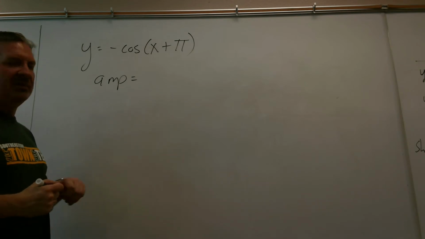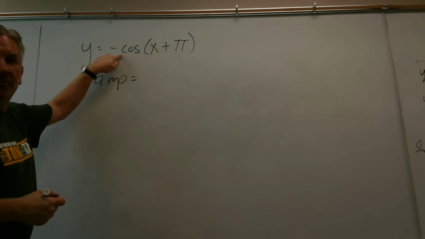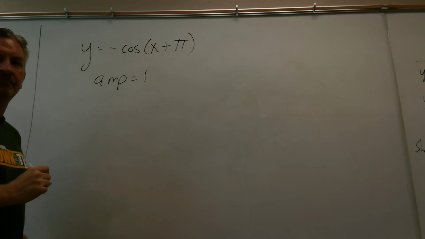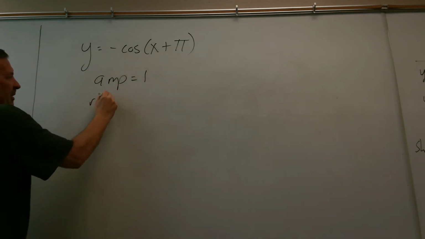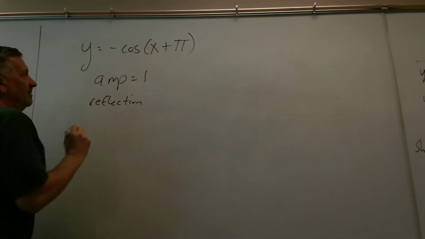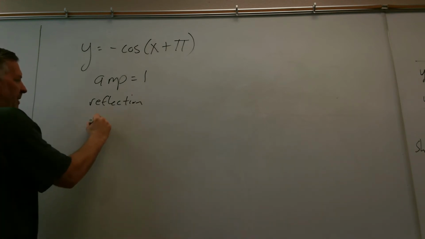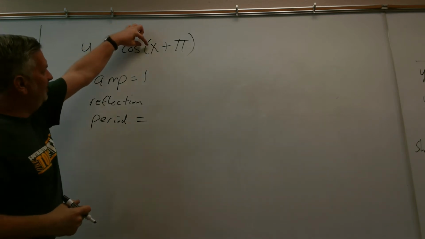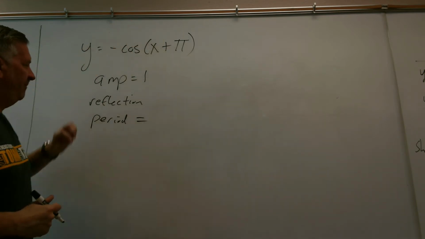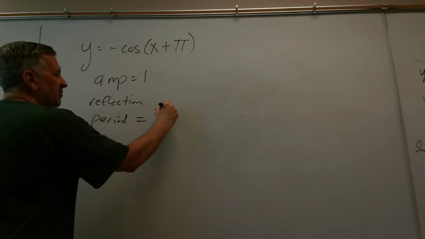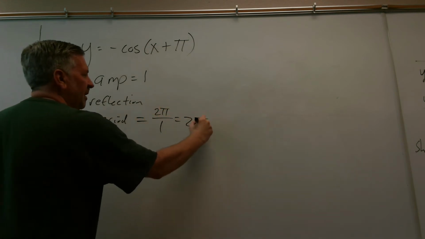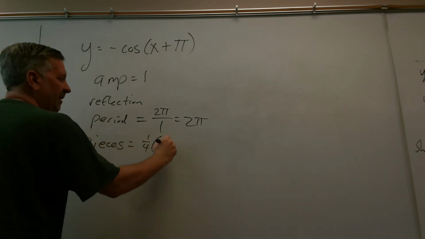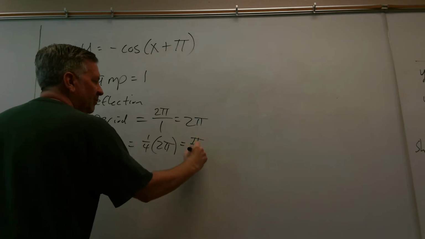Okay, the amplitude is the absolute value of the coefficient of the trig function. This is -1 times cosine, so the amplitude is 1. The coefficient is negative, so there is a reflection about the x-axis. So for the period, this one works just like in the previous example. The coefficient of x is 1, so the calculation is 2 pi over 1, which is 2 pi. And the pieces calculation, take 1/4 of the period, and you get pi over 2, just like in the last